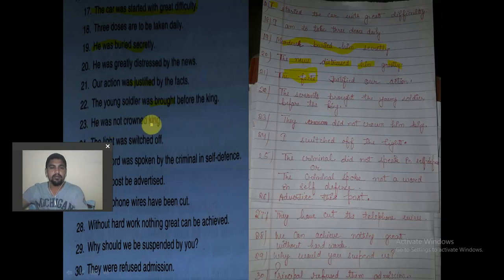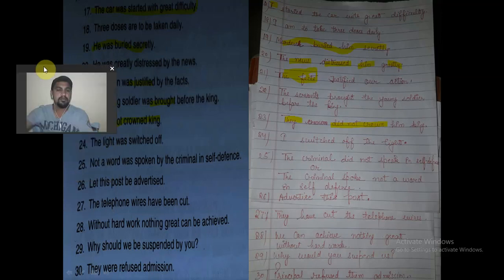Now, he was not crowned king. So people usually crown somebody to be the king, and here we can use the pronoun also. They did not, negative form is there, so that is why I've written a negative statement. "Was crowned" is past indefinite. Past indefinite negative statement is written: subject plus did plus not plus verb first form. That is why we have used "they" as a subject by ourselves, okay. Then "did not crown" would be used. He will be changed into him, okay, him king, okay.